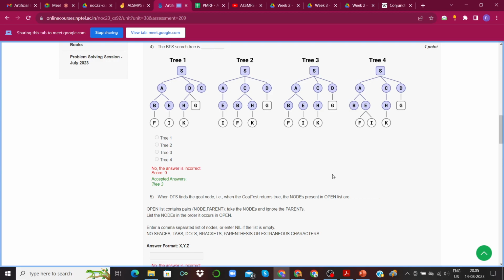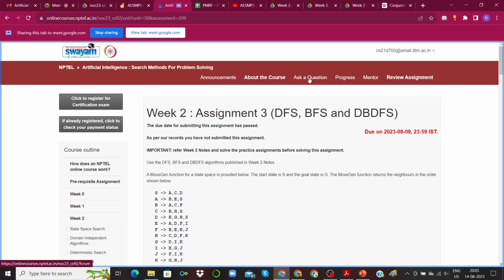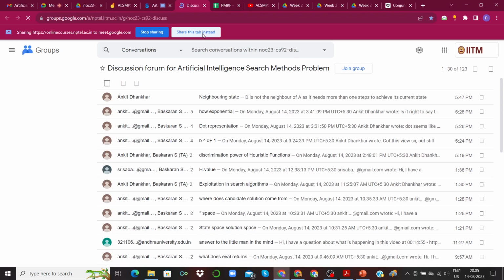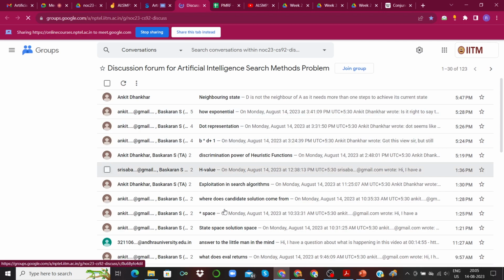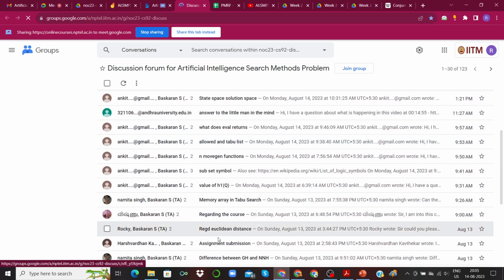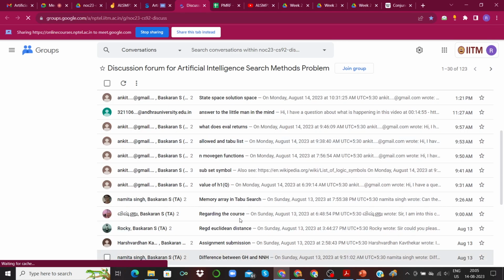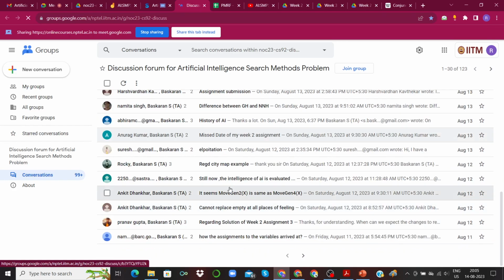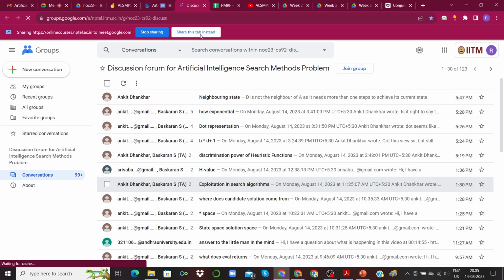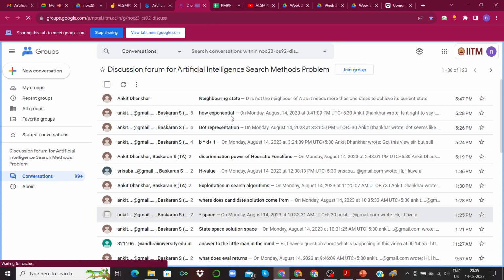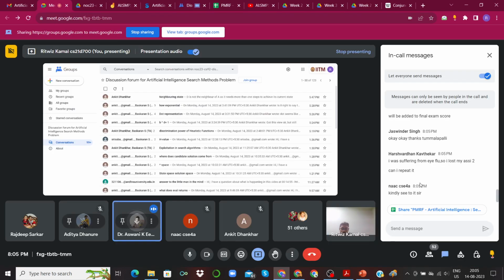Okay, so different courses follow different approaches. For this course, what I have observed is that if you go to the discussion forum, Bhaskaran sir will usually be uploading the solutions there. If he hasn't done that till now, you can quickly write a message to him in the discussion forum saying that you are expecting the solutions for a specific question, and he will for sure get back to you. I will also contact him from my end and give him a gentle reminder to post the solutions in the discussion forum. And I hope that will help. Okay. Thank you.